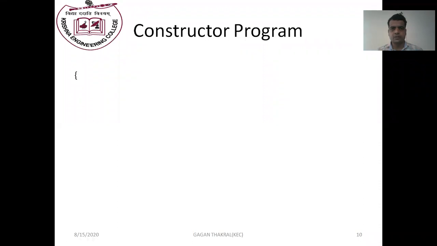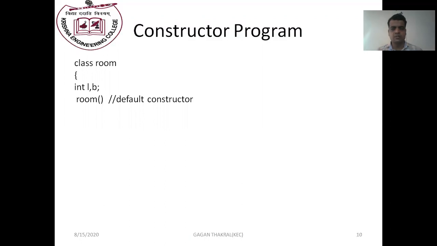Now we will discuss a constructor program. First of all, we require to create a class, and we create a class with the name room. Then the definition of the class starts with curly braces. Then we write two integer type variables L and B for length and breadth, and then we create a special method which has the same name as the class name. The name of the method is room, and in this we do not pass any argument, so it is known as a default constructor.